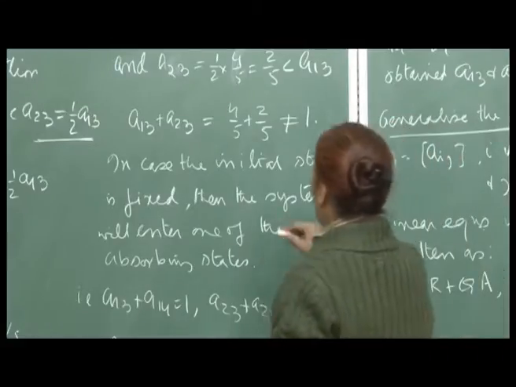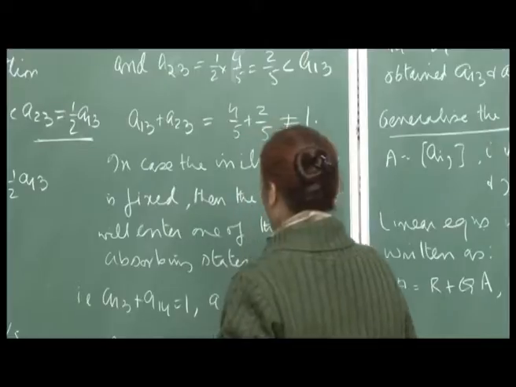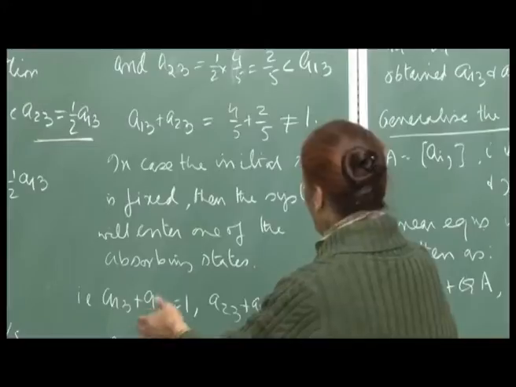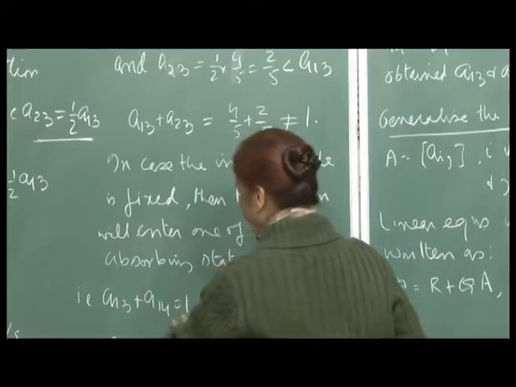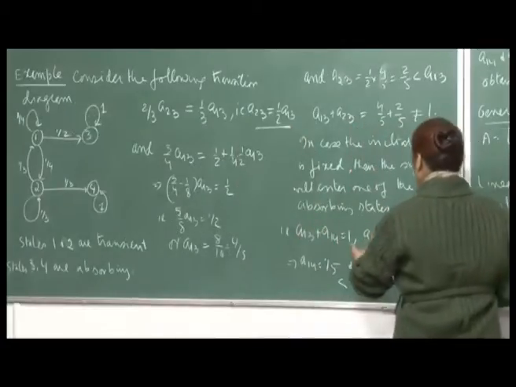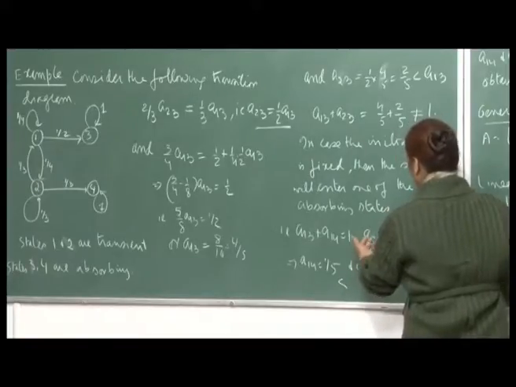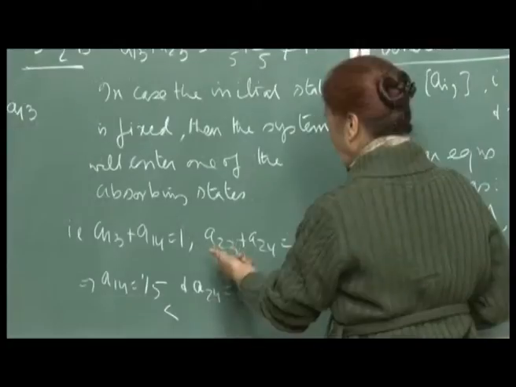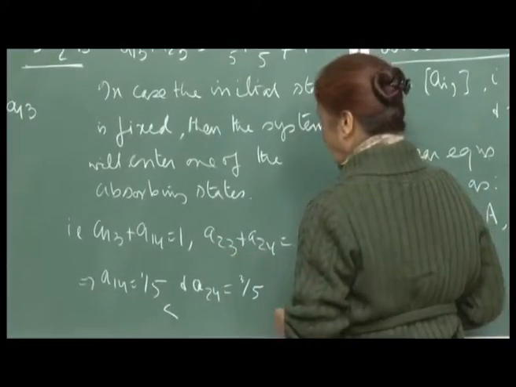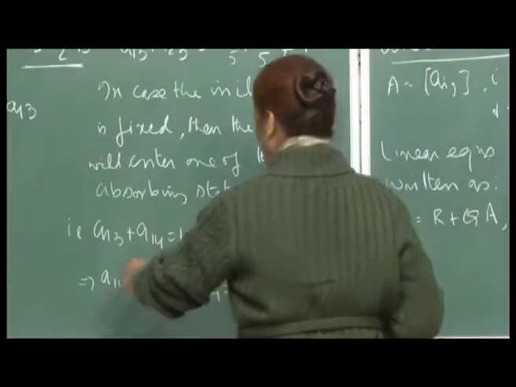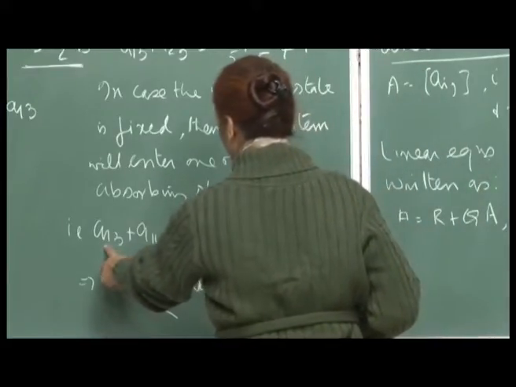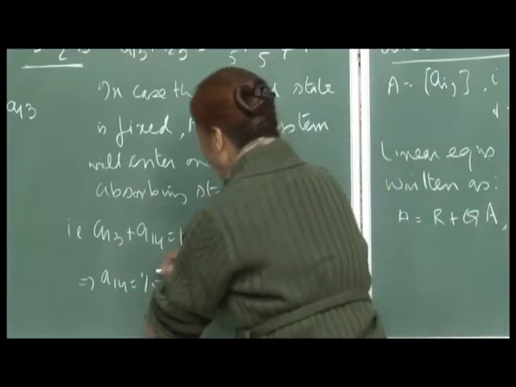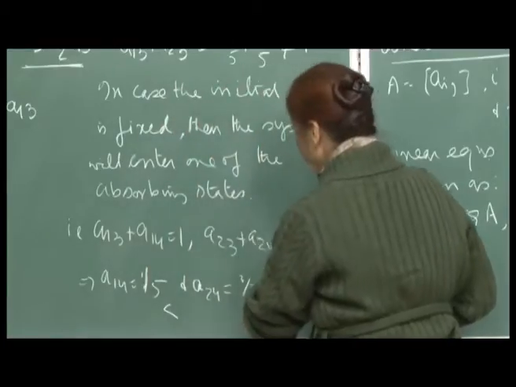If you fix the initial state, that means if I simply say that my system is in state 1, then of course, A13 plus A14 will have to be 1, or if my system is known to be in state 2, then I must transition to either 3 or 4 ultimately. So, therefore, A23 plus A24 will have to be 1, right. So, if you know this, then I can immediately compute, because I have already computed A13 and A23. So, then A14 will be 1 by 5 and A24 will be 3 by 5,